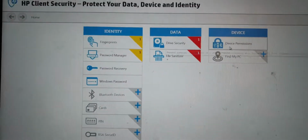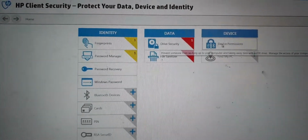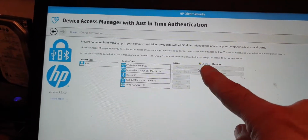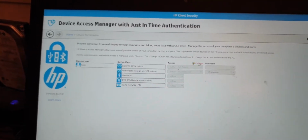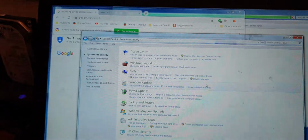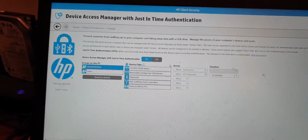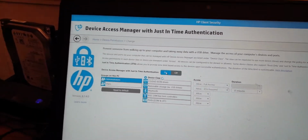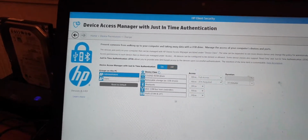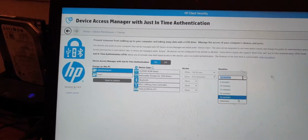And now you want to move over to device permissions up here. And then you want to click on change, just there. Click on yes. And just wait. All you need to do is now toggle from on to off, or you can set various granular options like